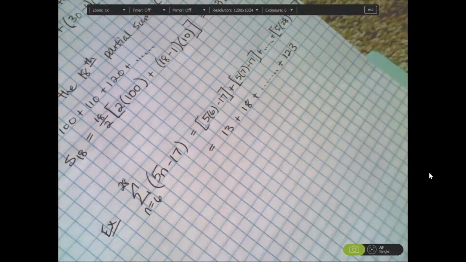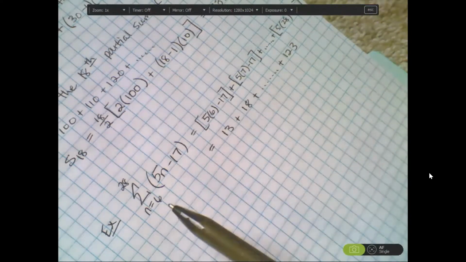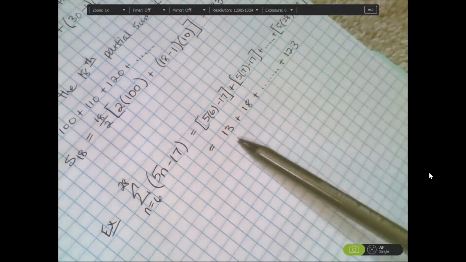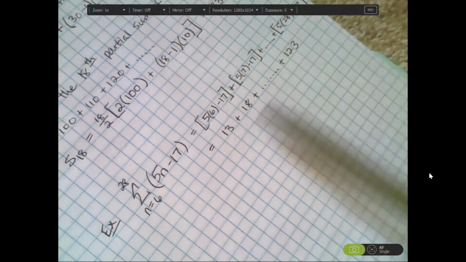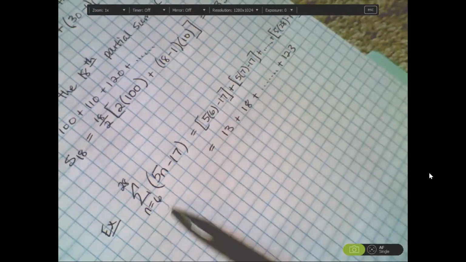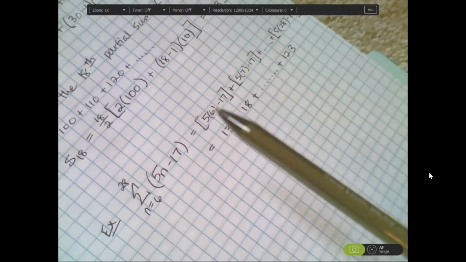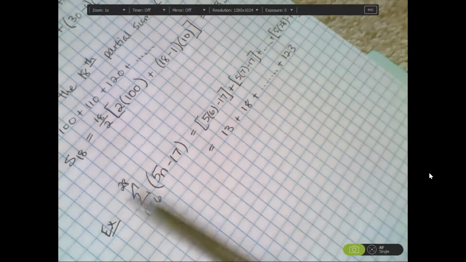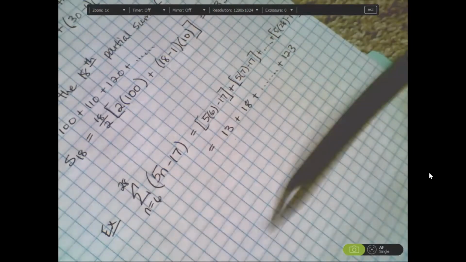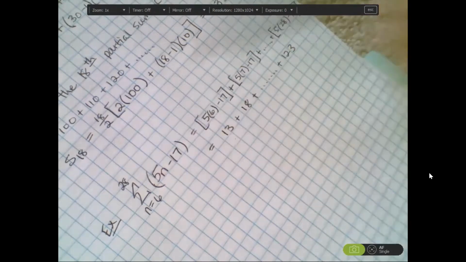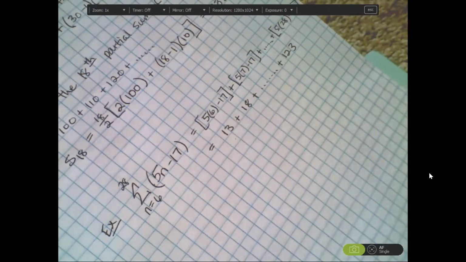Now you have to be a little bit careful with this notation because we have to think about how many numbers we are adding up here, right? We're starting with 6, we're plugging in 6, then 7, then 8, then 9, then 10, all the way up to and including 28. A lot of times people just subtract these, right? 28 minus 6 is 22,